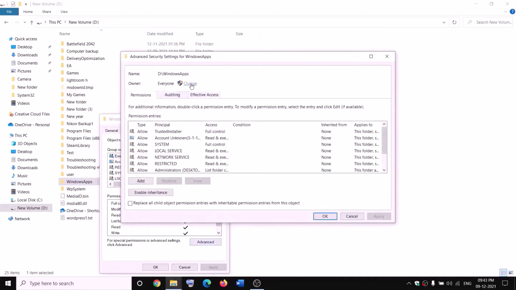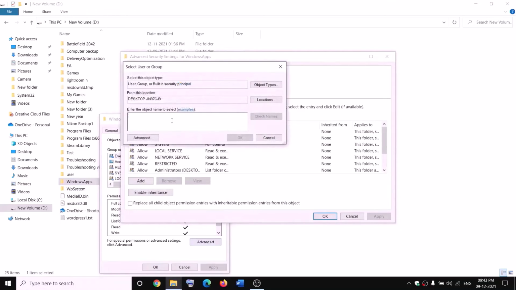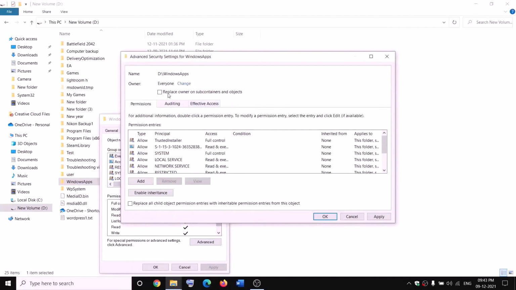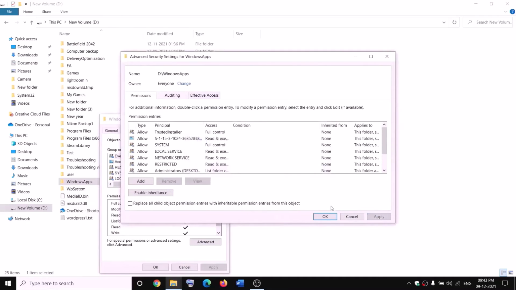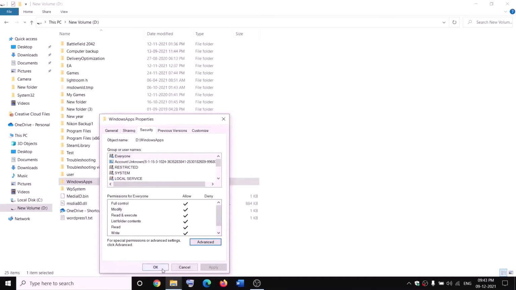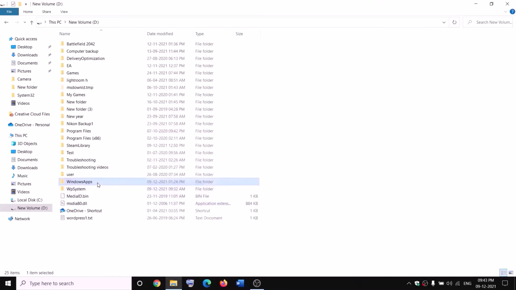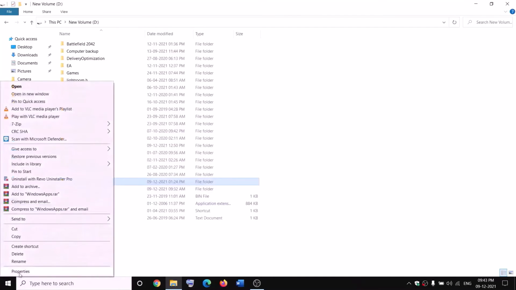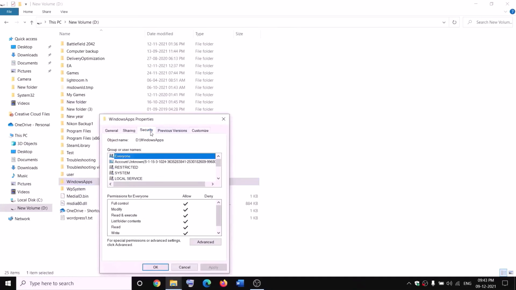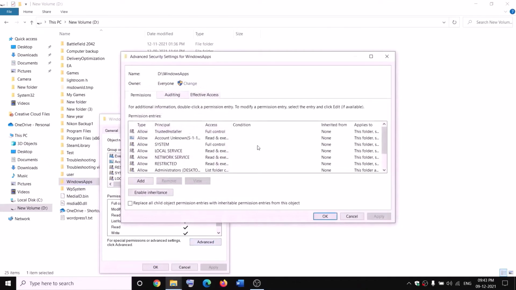Now click on Change over here, type in Everyone in the box. Now click on Check Names, then click on OK. Now put a check on the box which says Replace owner on subcontainers and objects, and then click on Apply. OK, OK, again OK. Again right-click on WindowsApps, select Properties, Security tab, Advanced, and this time